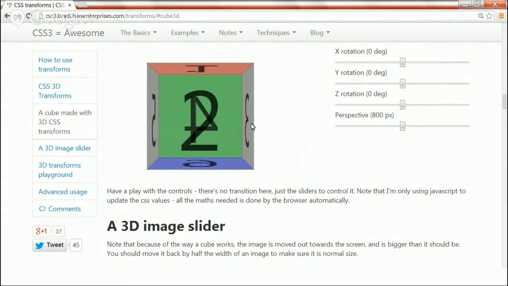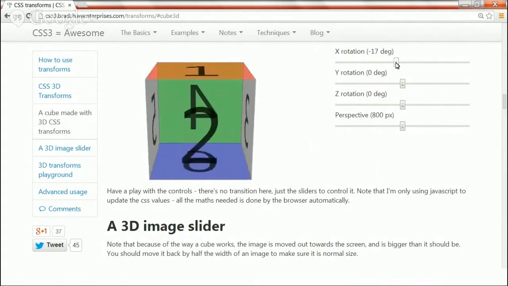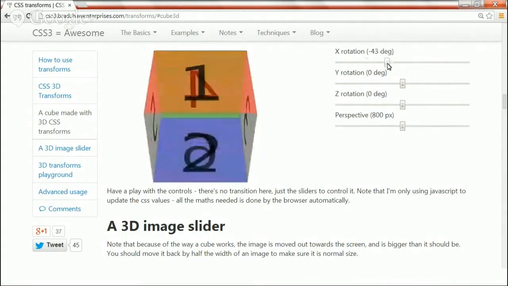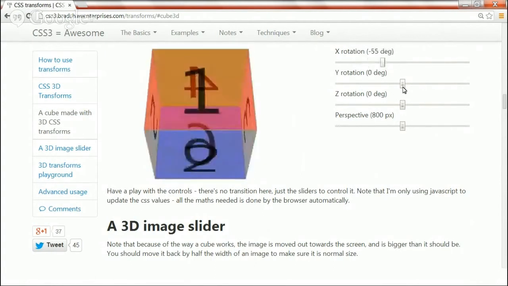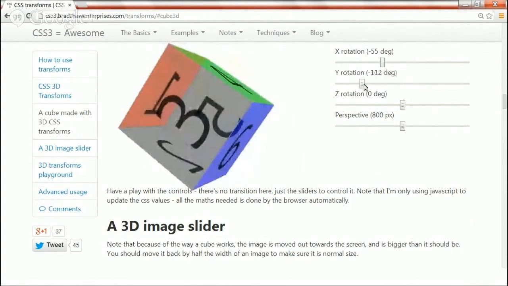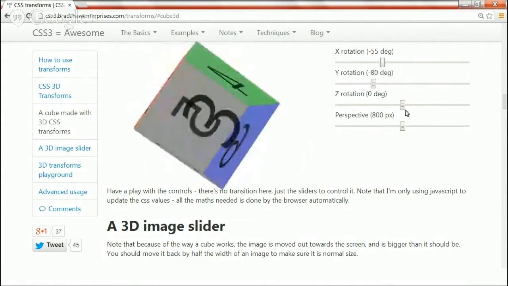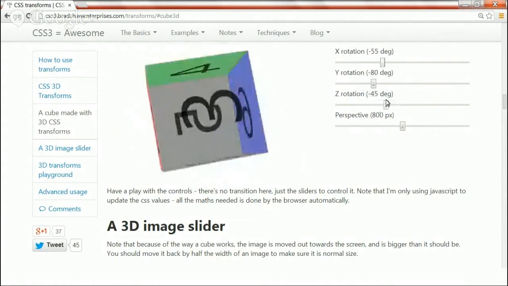If you manipulate the slider by increasing or decreasing the value, X rotation moves the cube towards the X axis, Y rotation moves it towards the Y axis, and Z rotation is towards the Z axis.